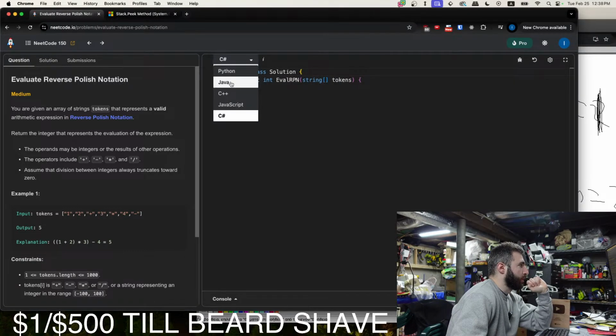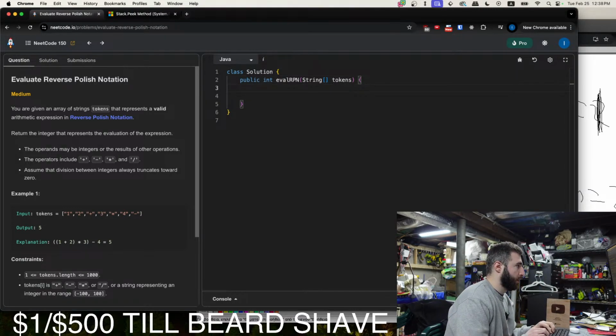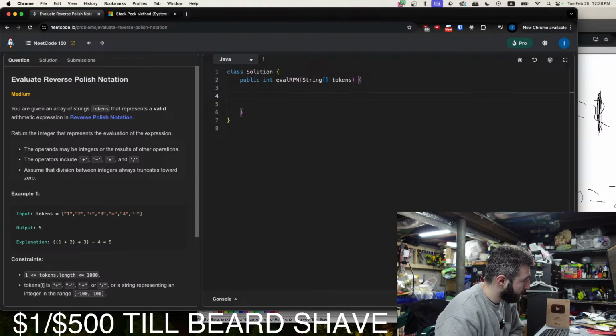So we'll start in Java. So we'll create a stack here. And this is an O of n solution, and we don't really use more than 2 elements at a time.